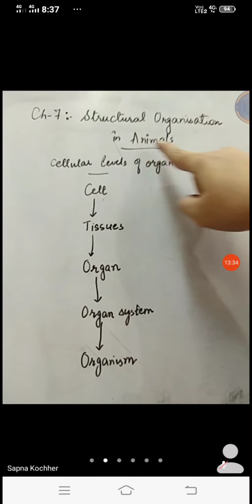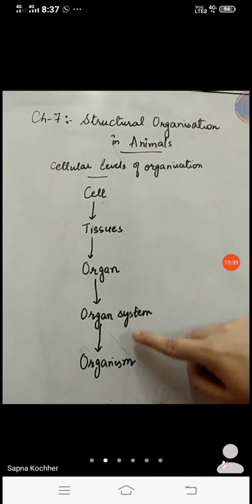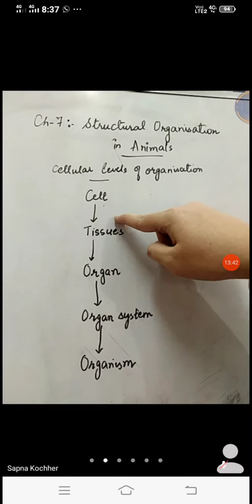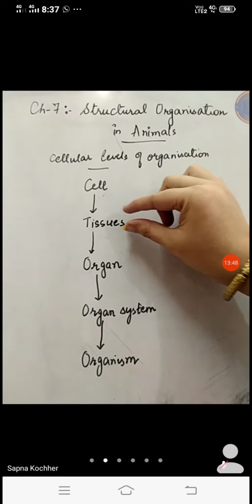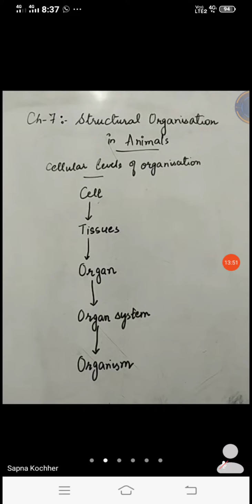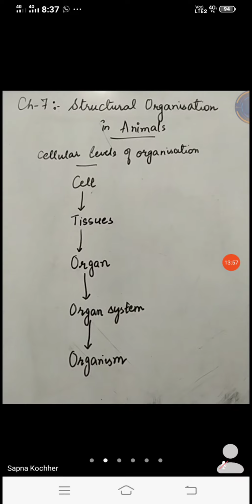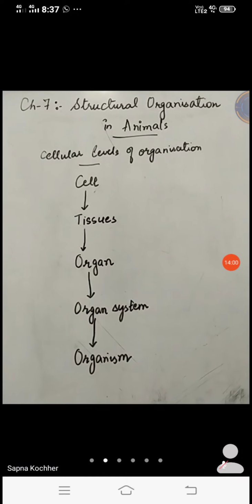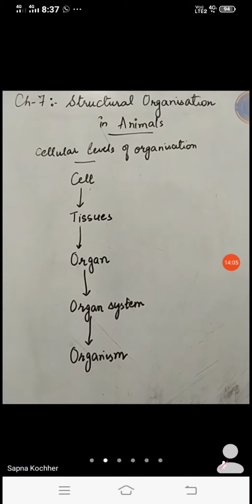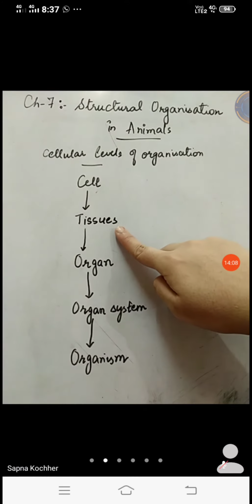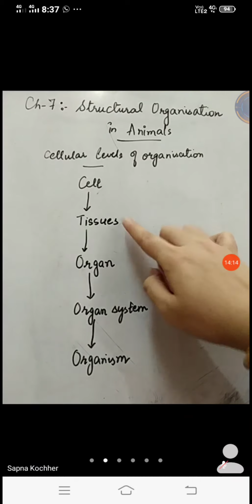Because in this chapter we depend only on animals, which are complex organisms, all these levels are present. But according to your NCERT deleted syllabus, we are only concerned with the tissues part, right? We are not going to study organisms like the cockroach or the earthworm. Till the last session, only the cockroach was in the syllabus; the others, earthworm and frog, had already been deleted. But this time the cockroach is also deleted. So we are only depending on the tissues topic from this particular chapter. You are to read only the tissues topic from this chapter.